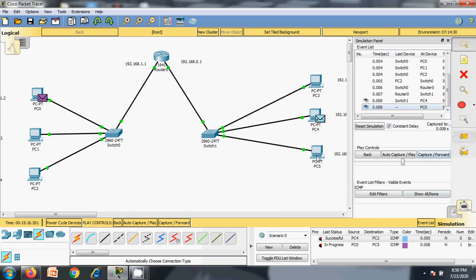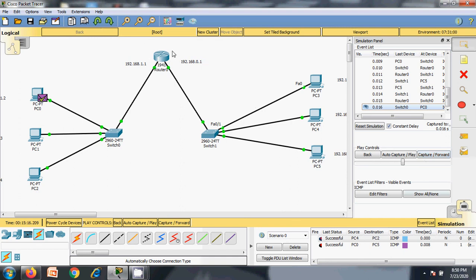So from here to here, right? The packet reaches the switch, which forwards the packet to the router, because that is nothing but the gateway router. From there it reaches the switch, and the switch forwards the packet to PC5, and PC5 responds with the acknowledgement, and the switch forwards the acknowledgement to the router, and the router forwards the acknowledgement to switch 0, and it is getting forwarded to PC0, which is nothing but the source, right? So you can easily understand the importance of a gateway router.